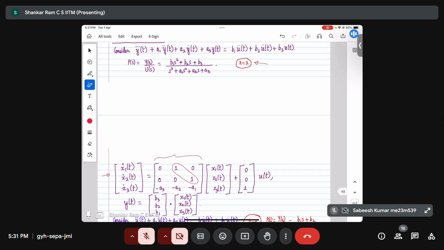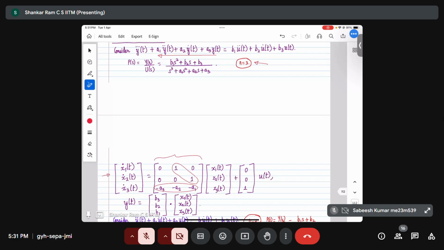That's what is called the super diagonal. So the first super diagonal has 1, and in the last row we write